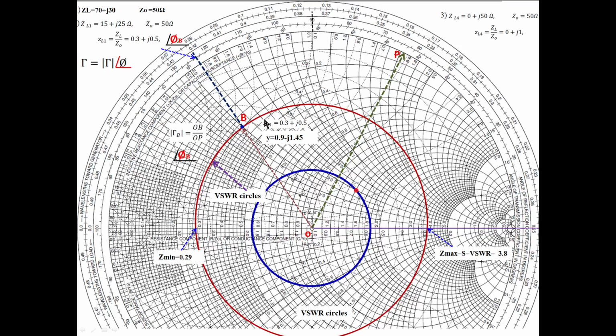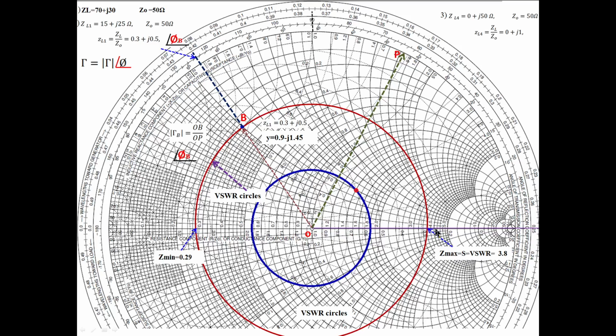To find the VSWR value, what do we have to do? Start from the load point and move in the clockwise direction like this. Wherever it intersects the horizontal line on the right side of the Smith chart, you stop here. Measure the impedance here. Actually, only the resistance value we will be getting here. That is Z maximum itself.